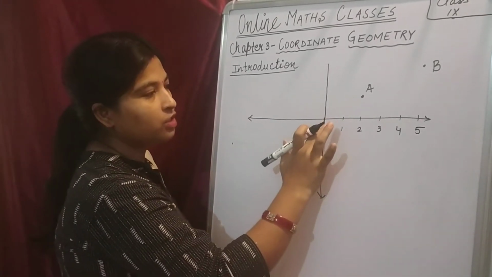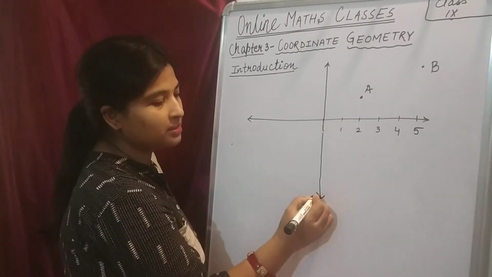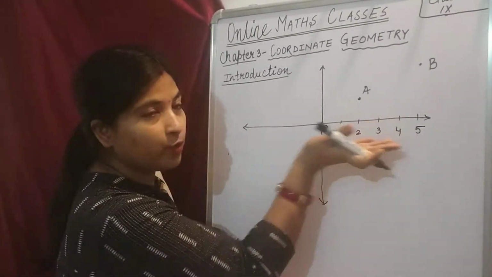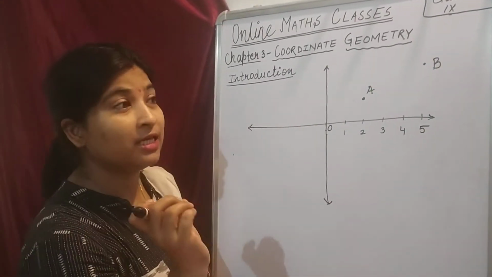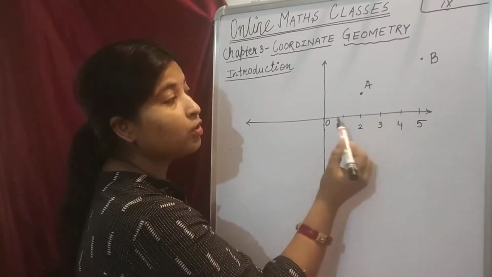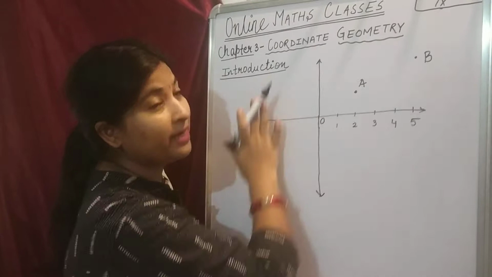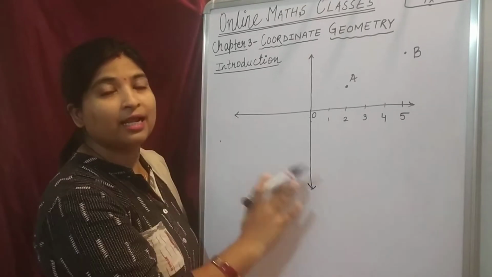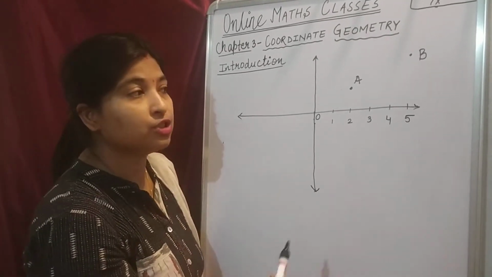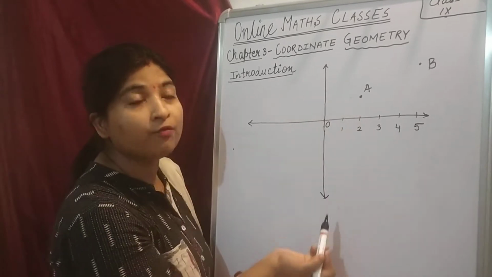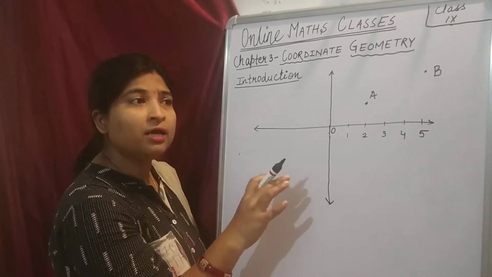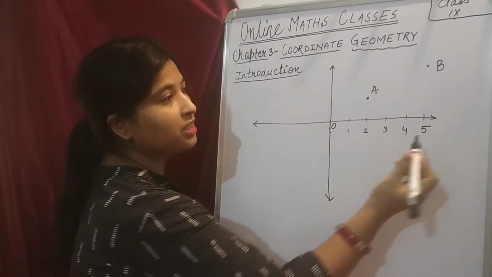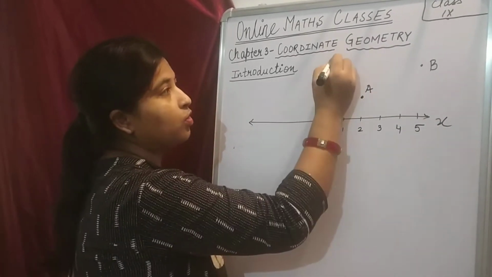When we have taken two perpendicular lines to represent a point, can you see that now these points are not lying on a line, these points are lying on a plane. What is the meaning of plane over here? Plane means like a paper, like a desk, like a board, in which we are talking about two dimensions. Two dimensions means x-axis and y-axis. It can be x-axis, y-axis in general, but it can be anything like y-axis or z-axis, z-axis or x-axis, but in general we will talk about x-axis and y-axis only.